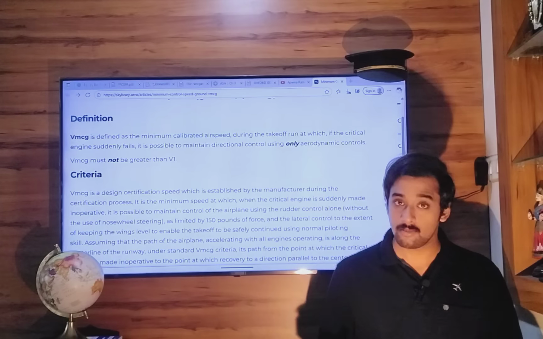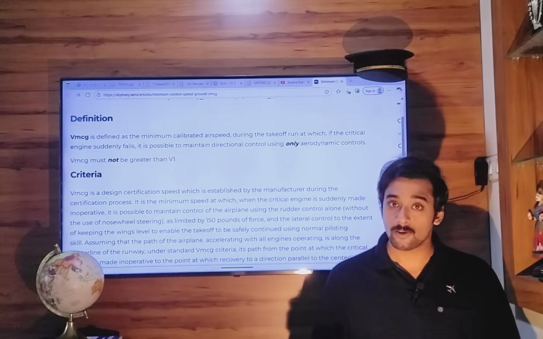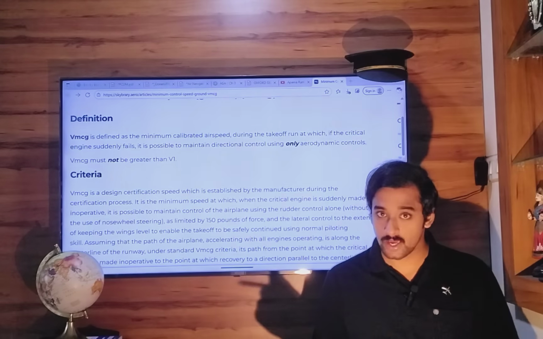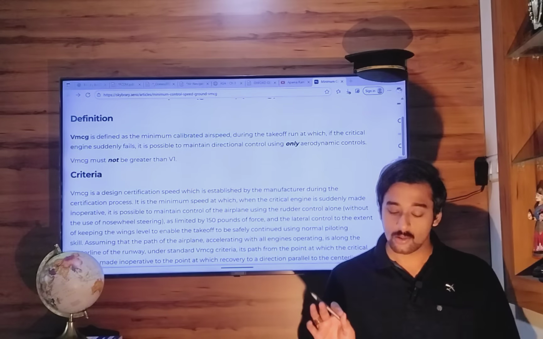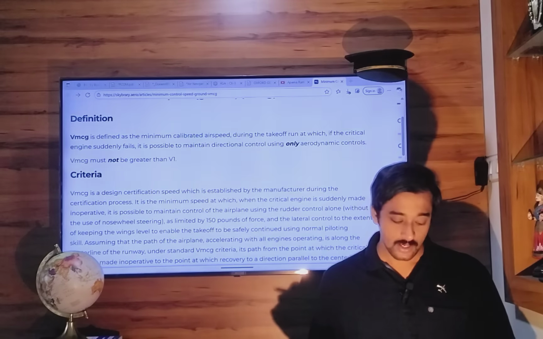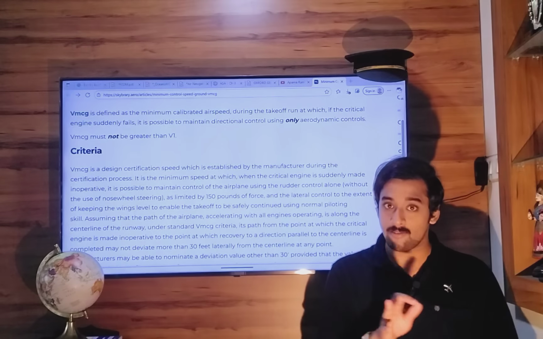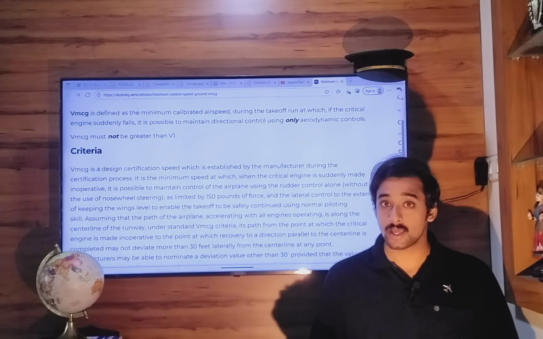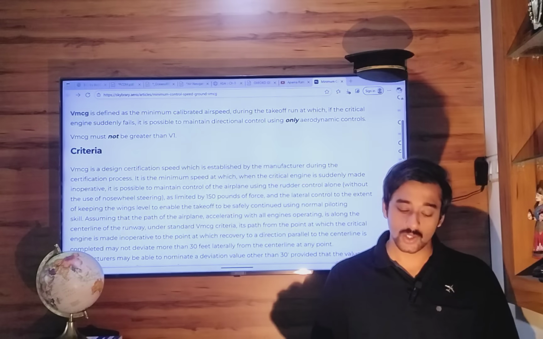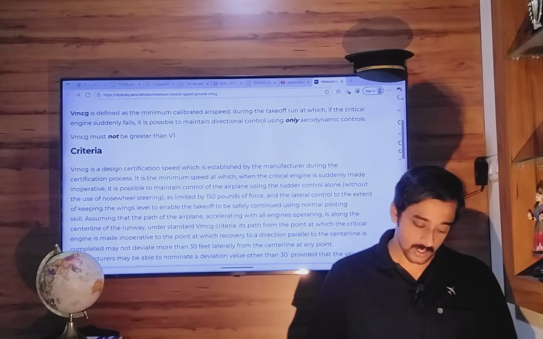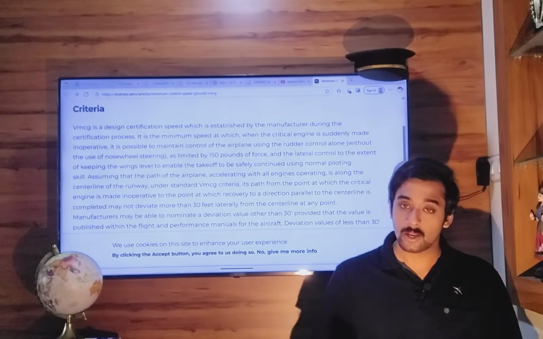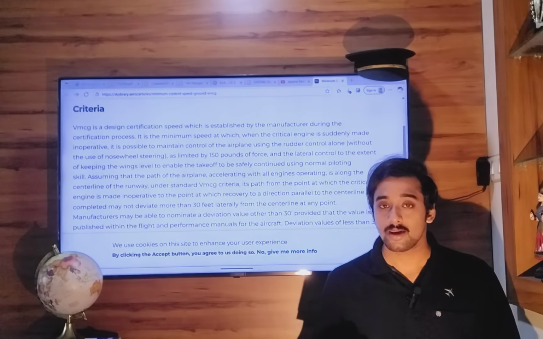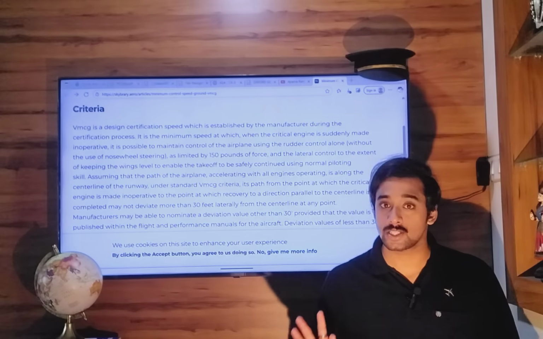VMCG is defined as the minimum calibrated airspeed during takeoff run at which if the critical engine fails, it is possible to maintain directional control using only aerodynamic controls. Okay, so it is possible to maintain directional control left right using only aerodynamic controls. VMCG must not be greater than V1. Very important. VMCG is a design certification speed which is established by the manufacturer. So another very important MCQ point, it's established by the manufacturer, not the captain, not your company, not the DGCA